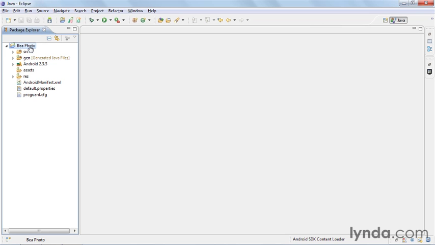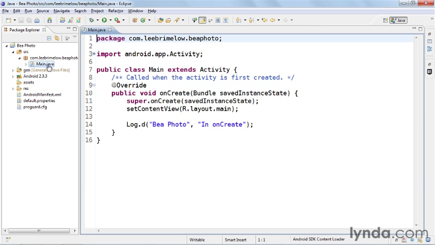And we're going to walk through the various steps that it needs to take to publish this so that people can download it. So in this first movie, we're going to look at what you need to do to prepare your project so that it's fit for actually exporting to the market. So one of the things that we want to do is, let me go into my source code here,